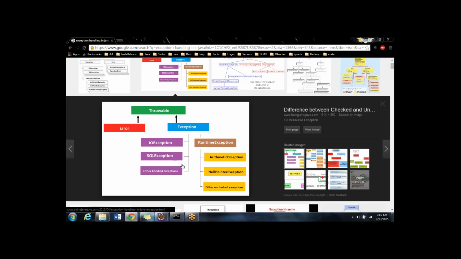See here. Like the Object class is the parent of all classes. The same way, in the exception hierarchy, Object is always the parent. So we are not talking about Object, we are talking one level below that. Throwable is the parent of all the classes, and below Throwable there is something called an Error and